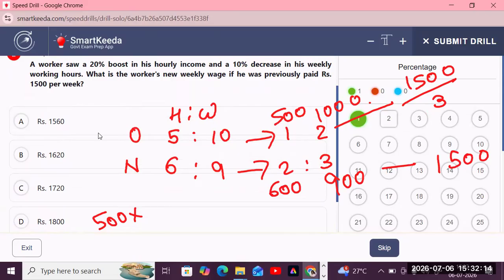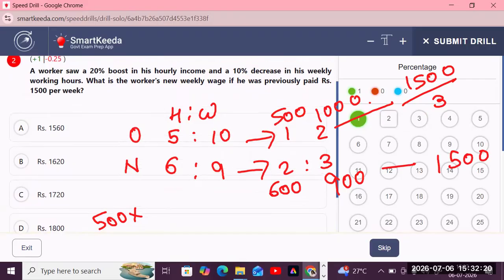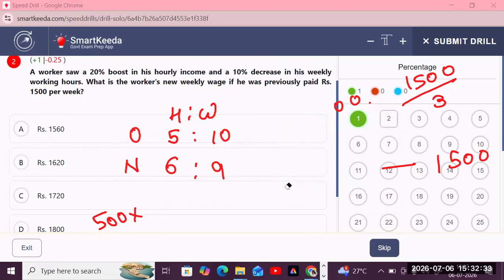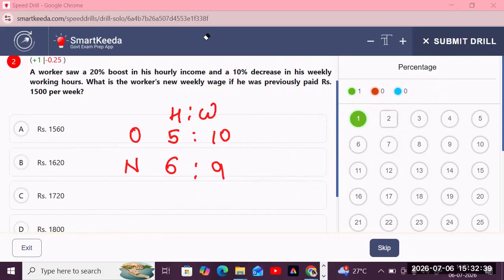The worker's new wage if he was previously paid rupees 1,500 per week. वीक कैसे बनता है, वीक बनता है 7 days। इसमें थोड़ा आया, यहाँ तक सही। इसके आगे क्या करें, तो means weekly working hours, hourly इतना है, hourly इतना है।